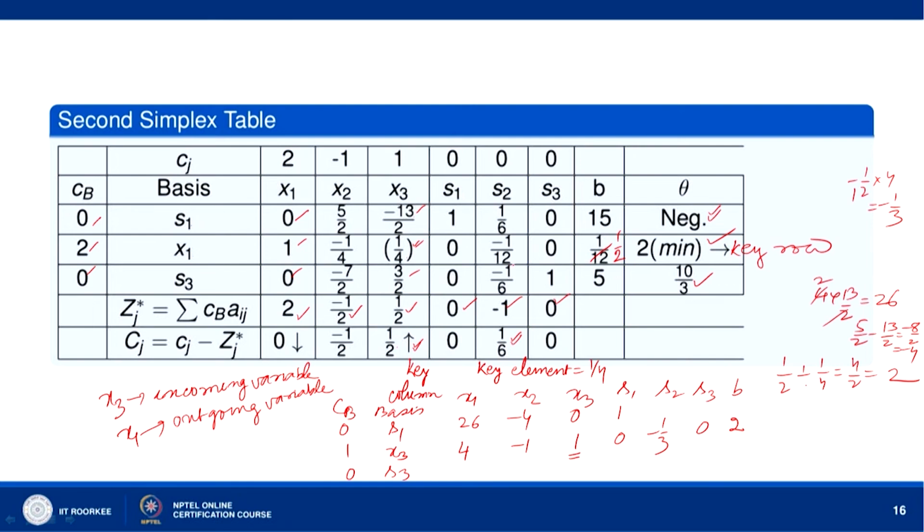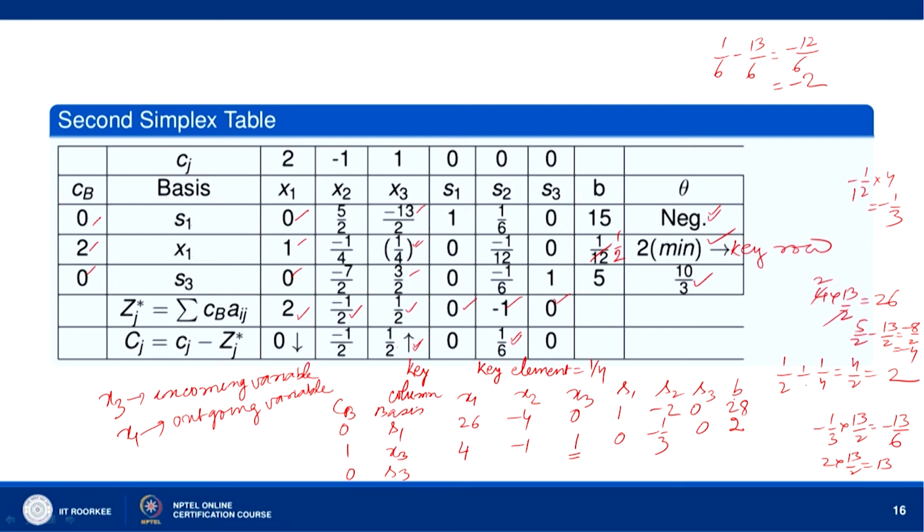When we multiply with 13 by 2, this will remain 1. Okay. Minus 1 by 3 we multiply by 13 by 2. So, minus 1 by 3 into 13 by 2 gives minus 13 by 6. So, minus 13 by 6 we add to 1 by 6. So, 1 by 6 minus 13 by 6, and we get minus 12 by 6 which is minus 2. Okay. So, we get minus 2 here. Then here we will have 0; when we multiply by 13 by 2 and add to 0 it will remain 0. We multiply 2 by 13 by 2. So, 2 into 13 by 2 means 13. So, 13 we add to 15 and we get 28.